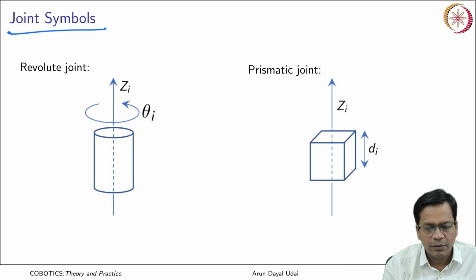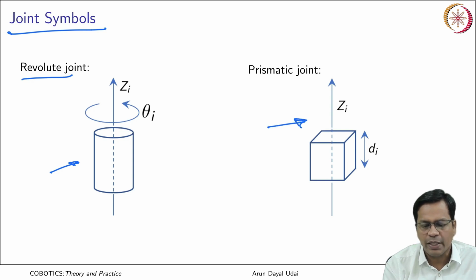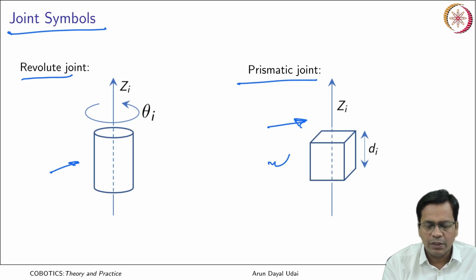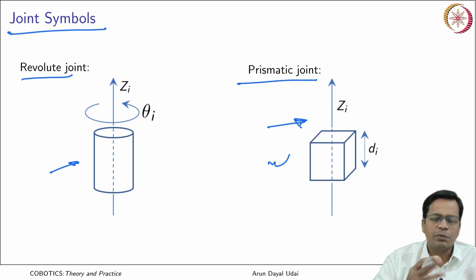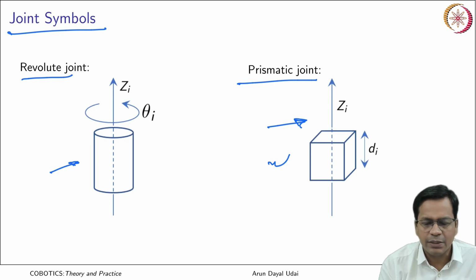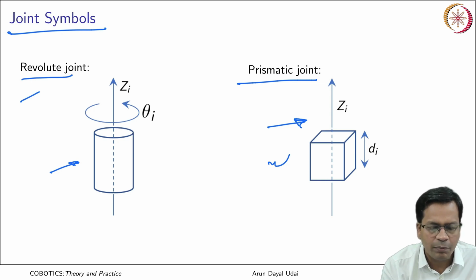Now, I will be using a joint symbol like this for representing any revolute joint, and a symbol which is like a cube to represent all my prismatic joints. In case of a cobot, there is no prismatic joint because that needs to be backdrivable. There are many other things to be discussed, we will be doing it. So, it does not allow a prismatic joint in a standard cobot, okay, because they are not easily backdrivable, but it is not that it is not possible at all. So, most of the time we will be discussing revolute joints in this course.